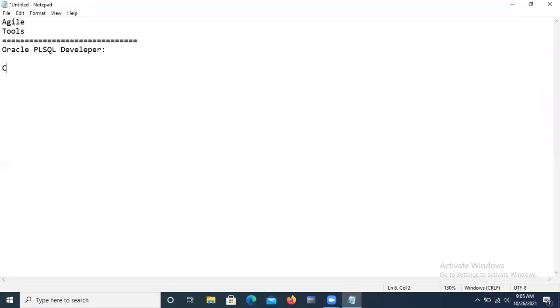Creating the DB objects. What are the DB objects? Tables, views, procedures, synonyms, sequences, functions, triggers, packages, all. Those are the database objects. Okay. How will the project flow work